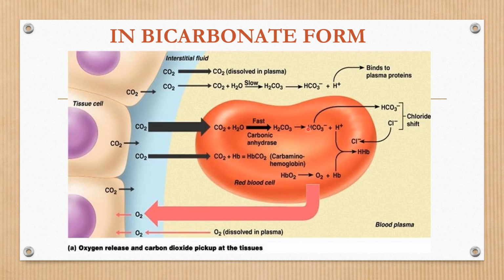Okay, did you get this? What is happening? The number of ions is increasing inside the RBC, so the osmotic pressure increases, which causes absorption of fluid from the plasma. That is the reason why venous blood PCV is a little more than arterial blood, and these RBCs are fragile.